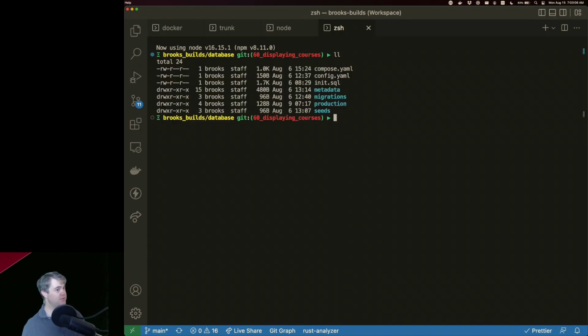Hasura has the ability to export the metadata and then import it using a CLI tool. And then on top of that, you can have your migrations and your seeds inside of there too. So I attempted to set that up here. So if we go into this metadata migrations database,